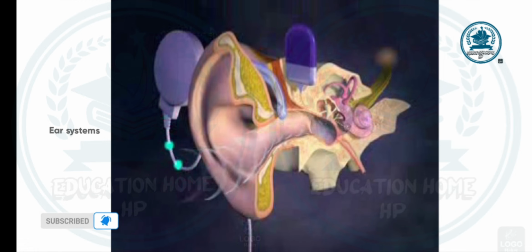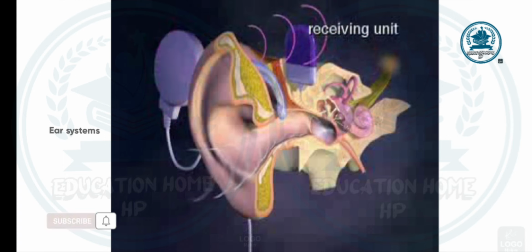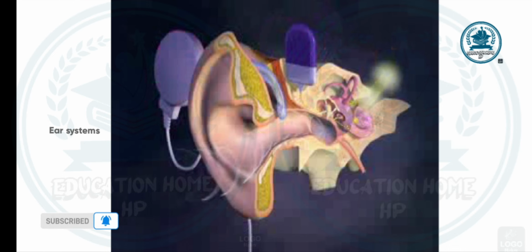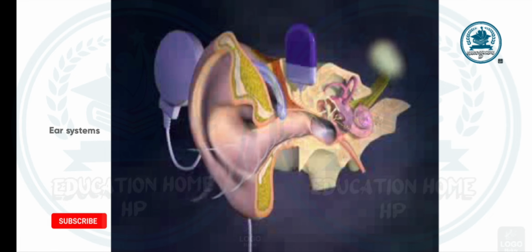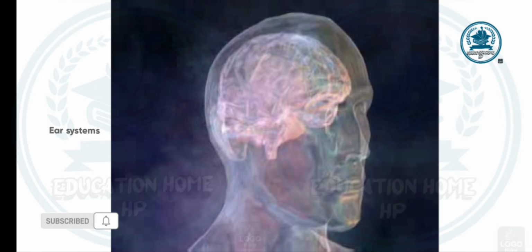The transmitter then sends radio signals through the scalp to a receiving unit embedded in the skull just under the skin. The receiving unit then stimulates the implanted wire, and the cochlea sends clear signals to the auditory nerve. Although the surgery permanently damages the cochlea, cochlear implants can greatly improve hearing even in people who are profoundly deaf. When sound waves reach